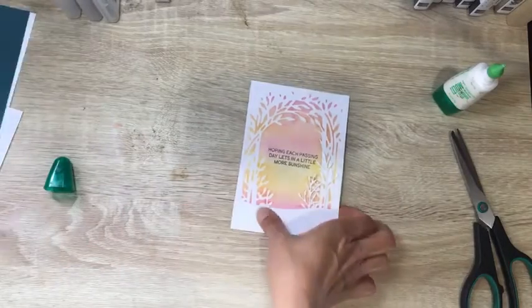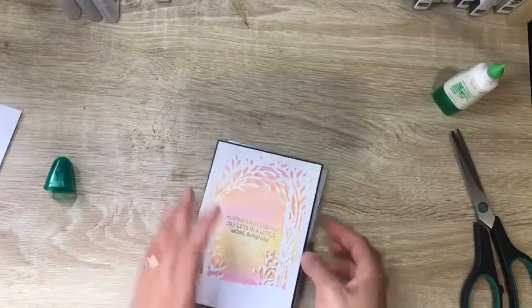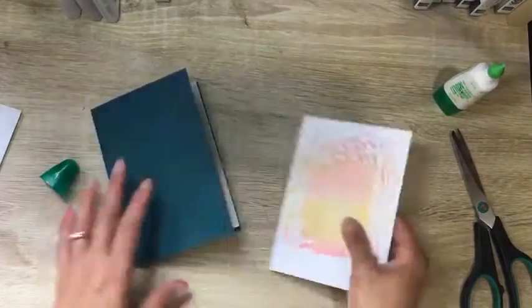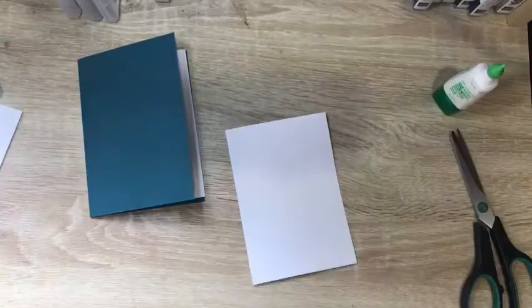It's a pretty white card, and then I'm just going to put that on here. That's the inside of the card. Oh, I thought what I could do actually is the inside of the card as well. Okay, first of all, let's stick this on. I'm going to bring in,